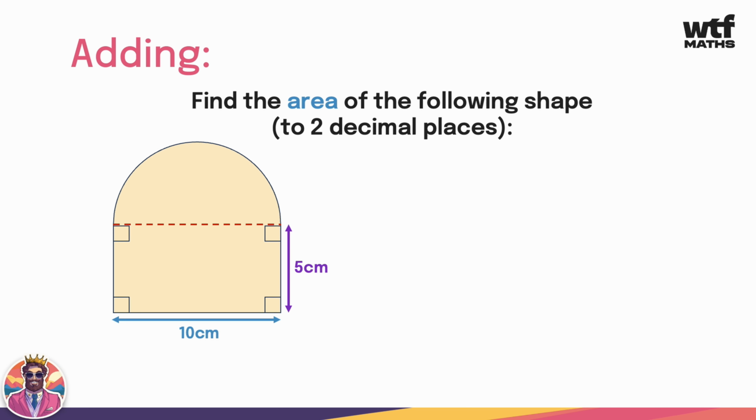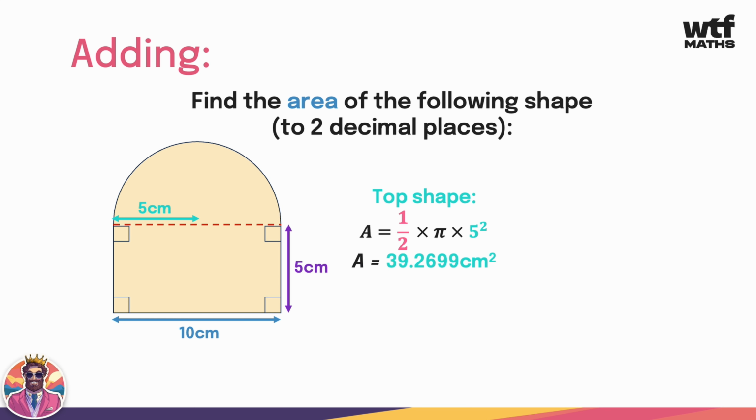Find the area of the following shape to two decimal places. So first of all, we have what looks like a half circle and then a rectangle on the bottom. Now the half circle will have a radius of 5 because it's half of the length 10 at the bottom. So if we want to work out the area of the top shape, we're going to have to go half of a circle times pi times 5 squared. So that will give us